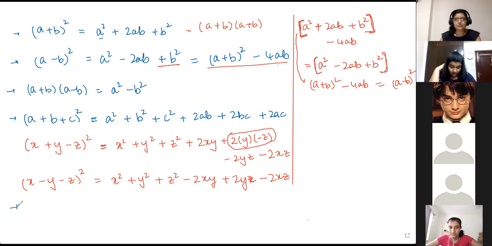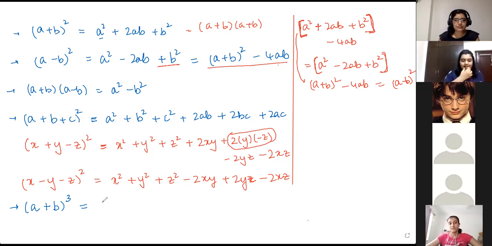All right. What else do you have? इसके बाद cube, right? Coming to A plus B, the whole cube. Once you get a hang of squares, cubes is similar, just that cube is one multiplication more than what you have in the square. So that's what it reflects here.